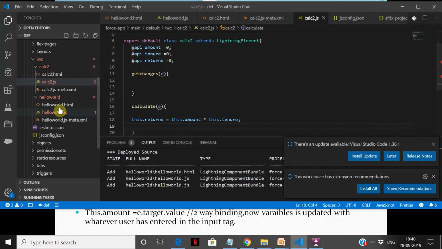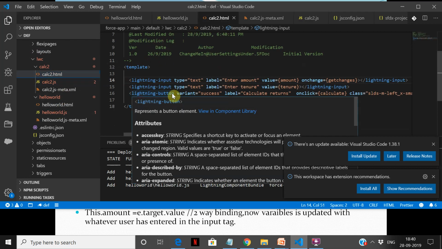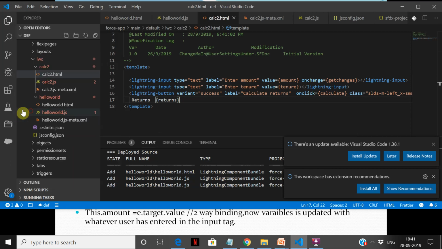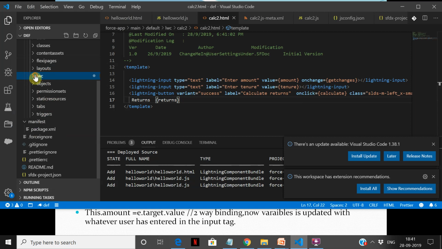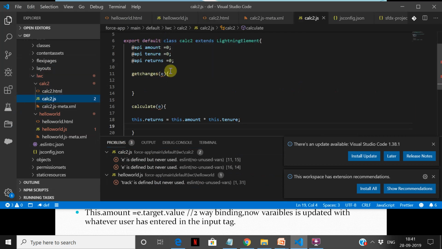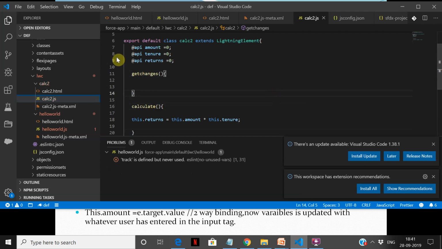What it is doing is it is assigning a value here, and I can now just show it over here, right? Returns, I'll say returns. Alright, so I'm going to calculate this return and come back over here. So now let us see how this works. Okay, so what I need to do, it's telling three problems here: is defined but never used. So yeah, now this is something that we have to handle over here. You can do a quick fix here, or do not pass the parameter unless you use it for now. Alright, so that will solve it.